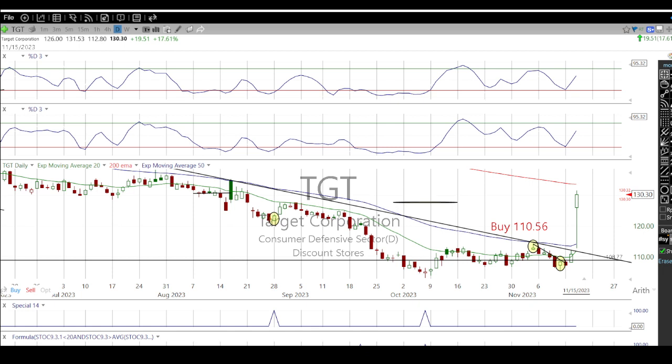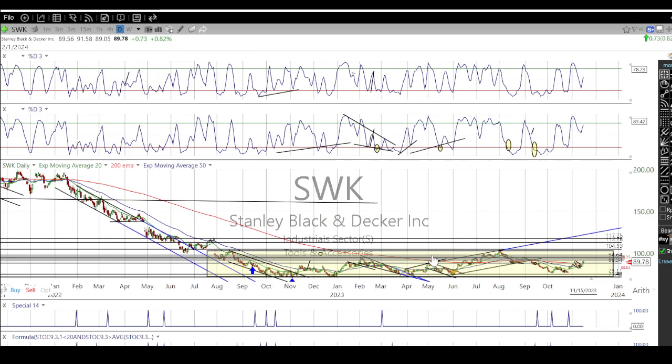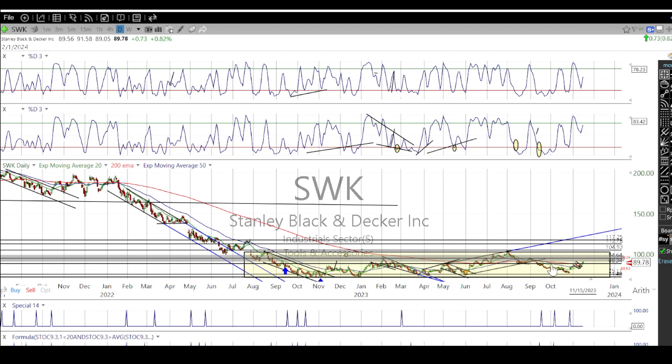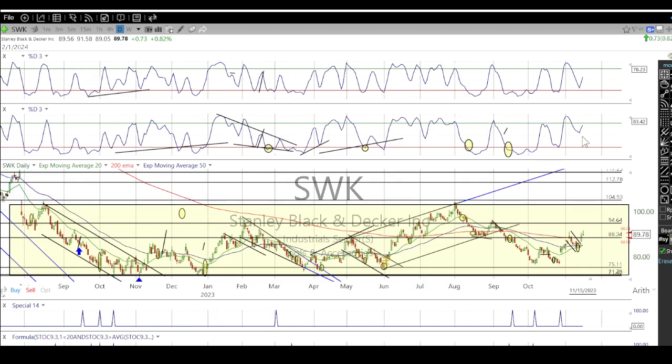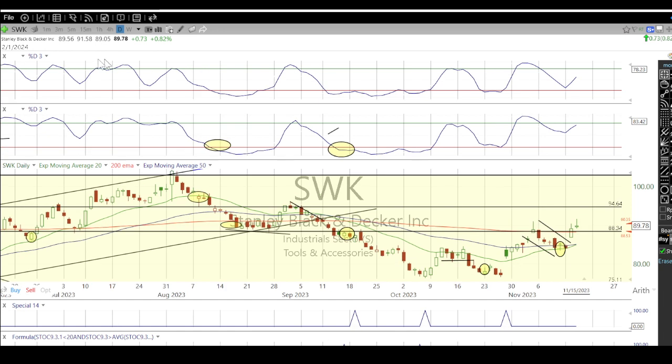I'll just give you another setup here. There's other stocks that I like down here. We'll go through a couple of them. SWK, I do like the SWK in this nice base here, and a nice turn back up on the stochastics gives us great momentum. This is absolutely fantastic. It's 89, so we're long SWK, and let me bring up my watch list here.